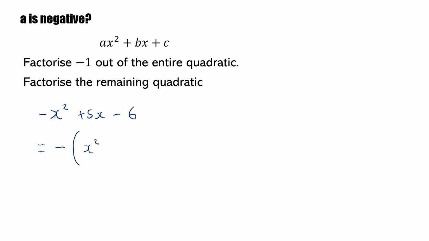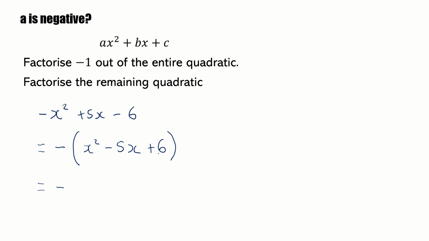Positive 5x divided by minus 1 would be negative 5x. And then minus 6 divided by minus 1 would be positive 6. Brilliant. Now I'm in a situation where the quadratic inside these brackets is now a quadratic with a positive amount of x squareds, so therefore I can now factorize that just using whatever method I would usually be using, which for this one, of course, is just the